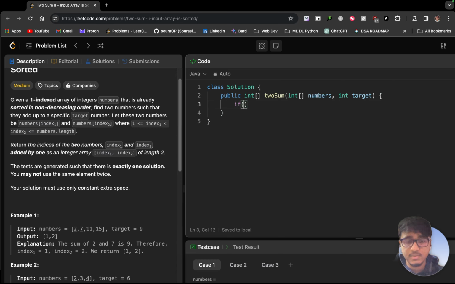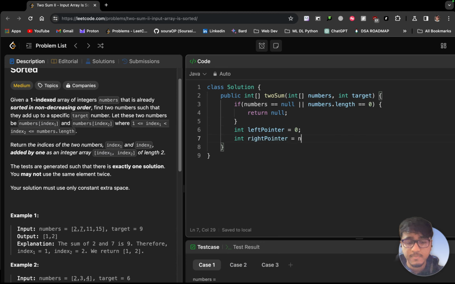So if numbers equals null, then we'll return null over here, and let's take the left pointer as 0 and the right most pointer will be numbers.length - 1,